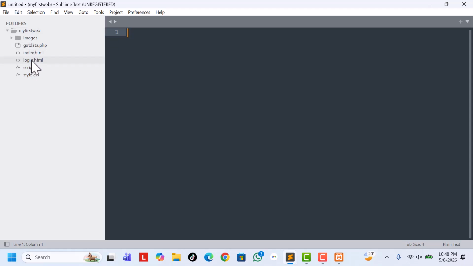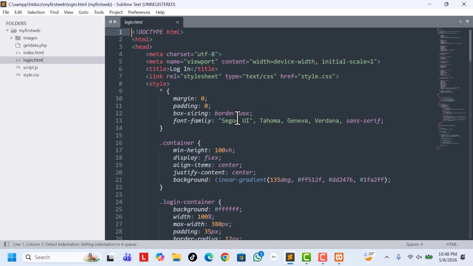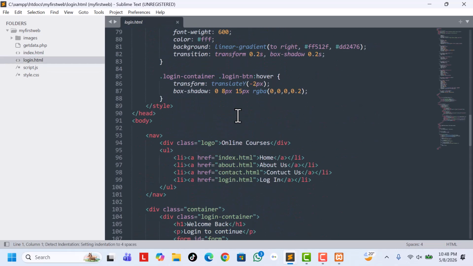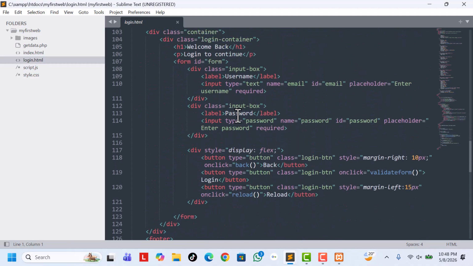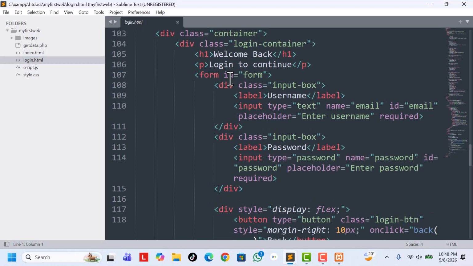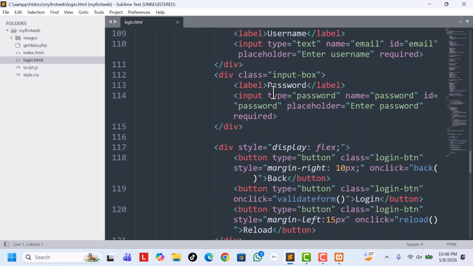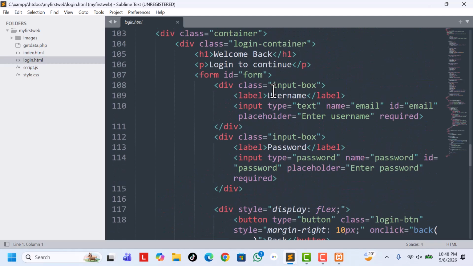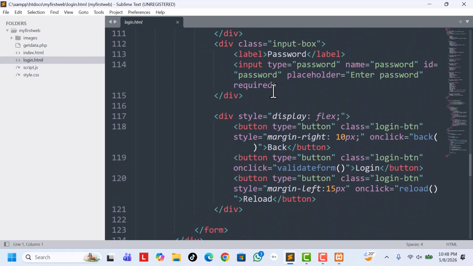Now we have here a login page, login.html. Let's open it. Now we come down to the form. So the form is this one. We have here the form with ID form. So if you want this form to be submitted automatically after clicking this button login, then here for type button we change it to type submit, or simply